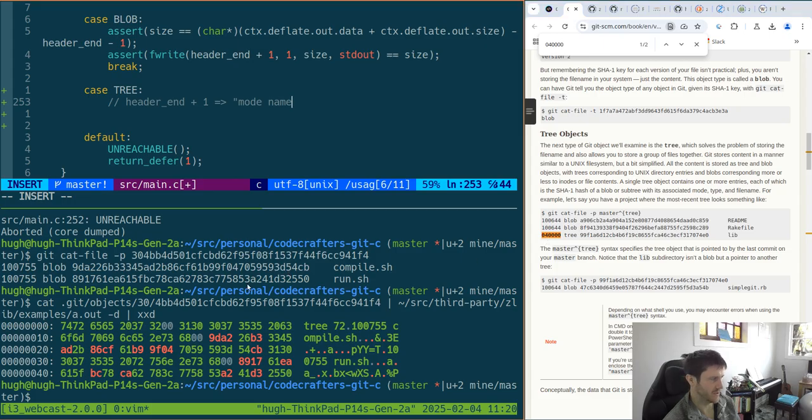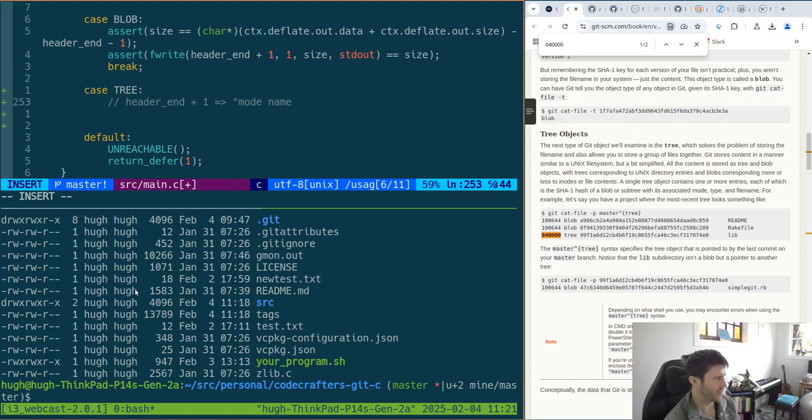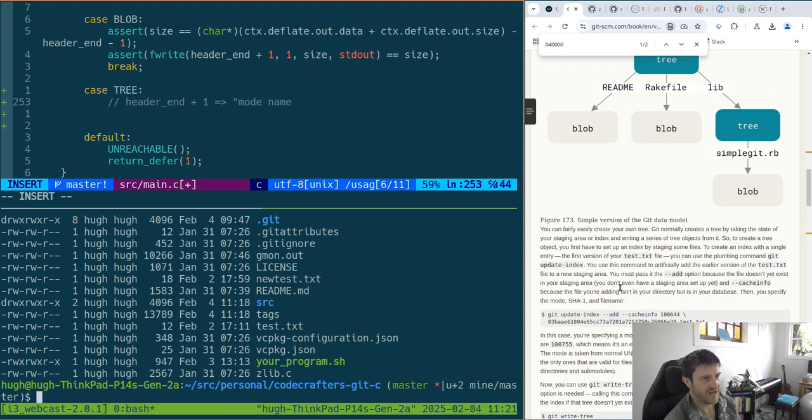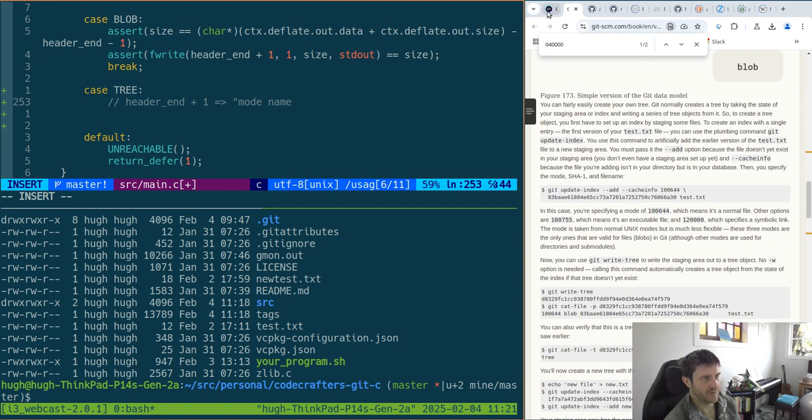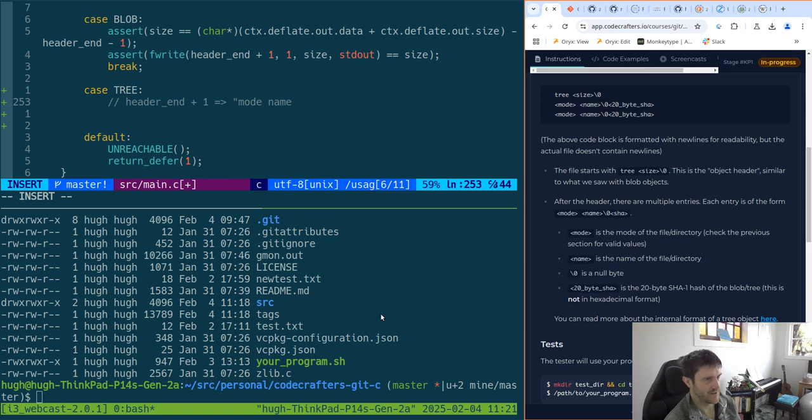I mean, is that just, like, this does the directory, but everything else is 0? I guess it's just a tree. Anyhow, what we want to do is read in